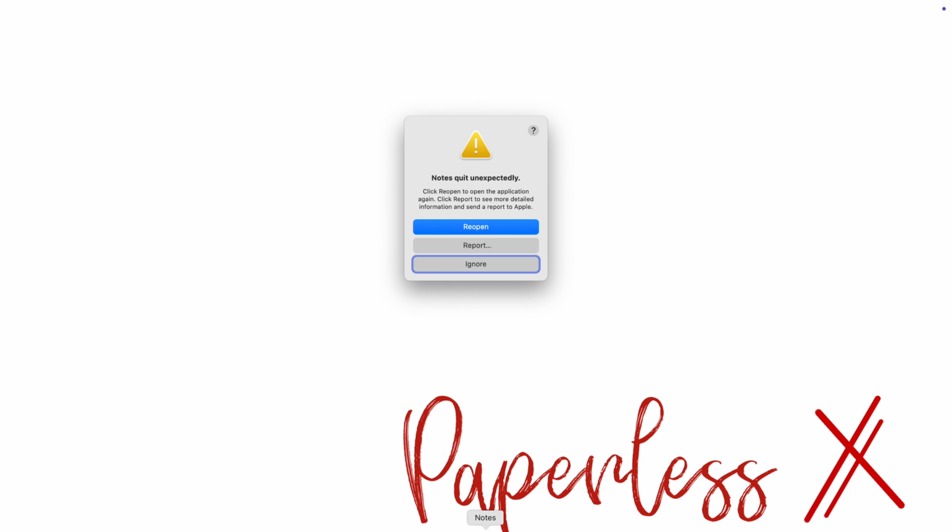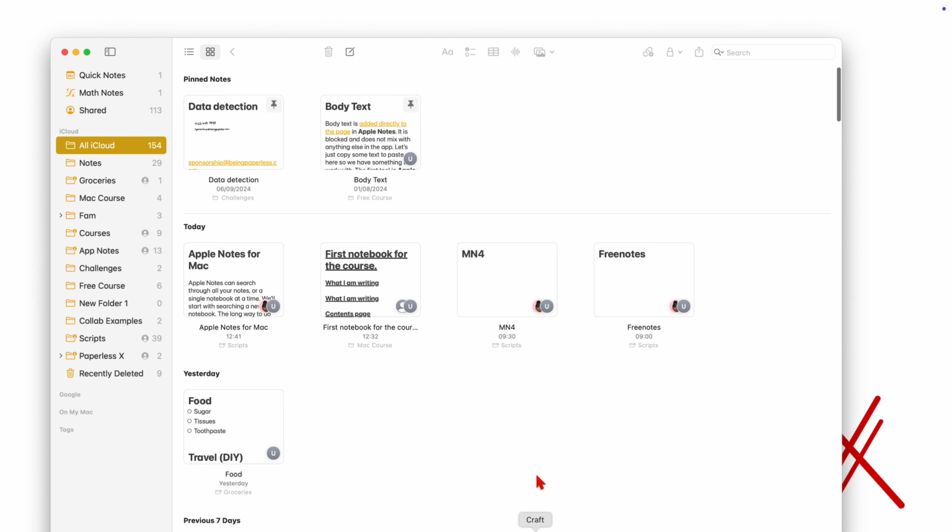I am tired of Apple Notes crashing on me lately. Have any of you guys also experienced this as well? Do let me know. Anyway,